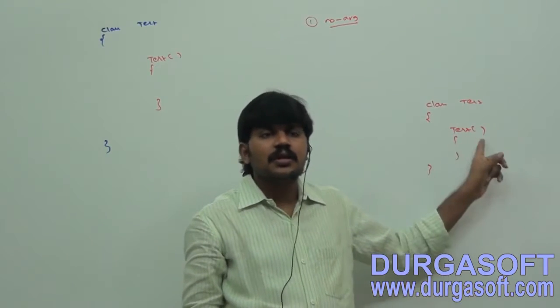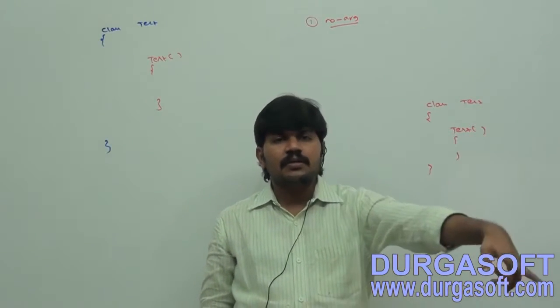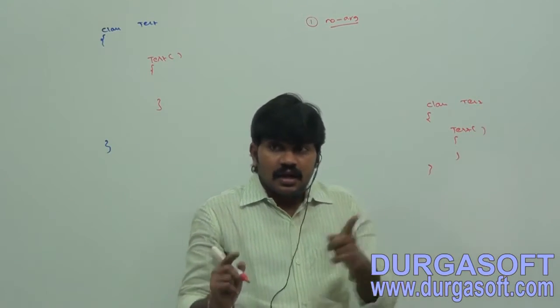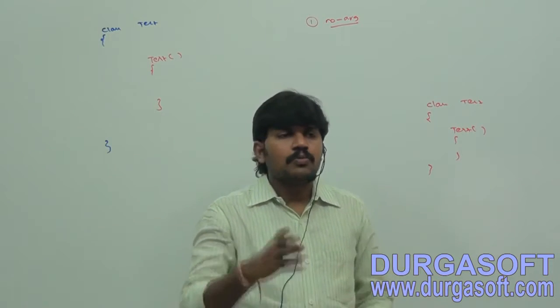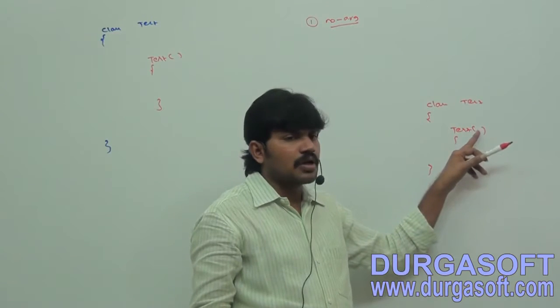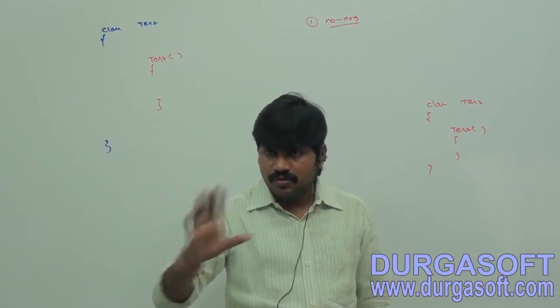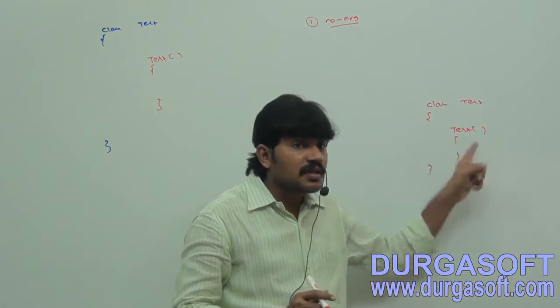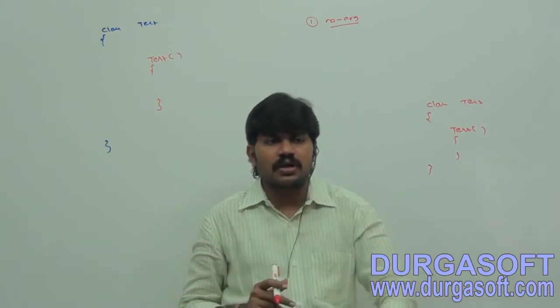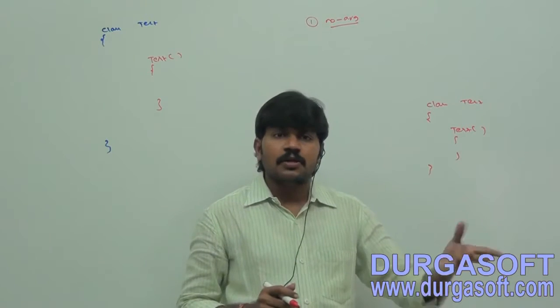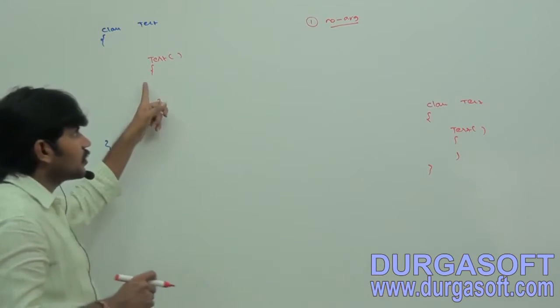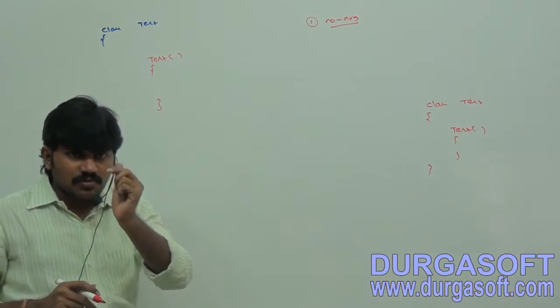Remember this one: this is a constructor provided by the programmer. It is not a default constructor. The compiler-generated constructor is called the default constructor. Most people think that because it is no argument, it is the default constructor, but that's not so. So every no argument constructor is not a default constructor, but the default constructor is always a no argument constructor. Observe that small difference.